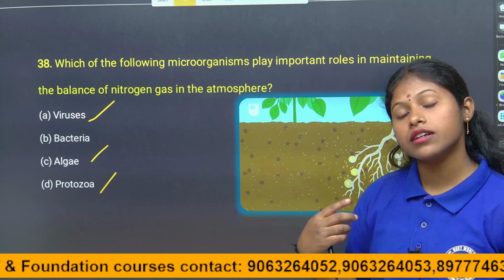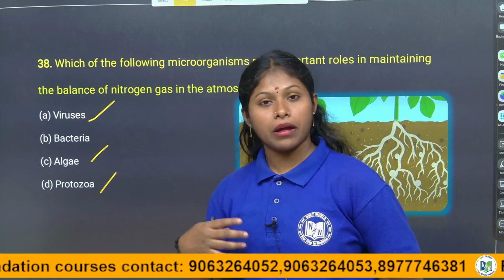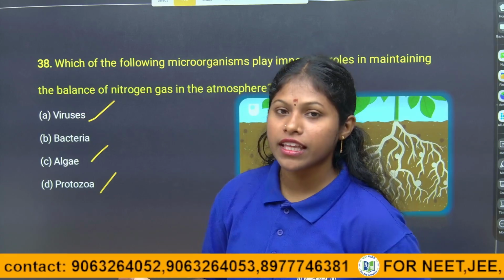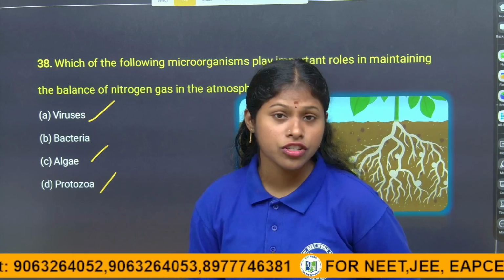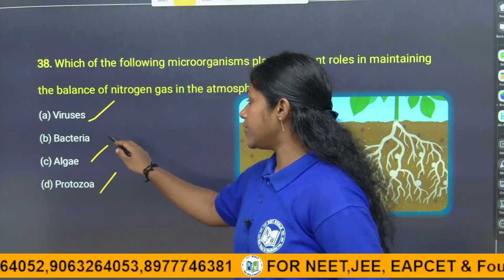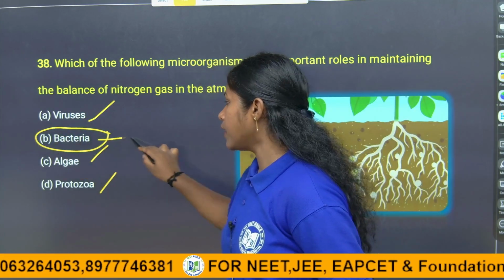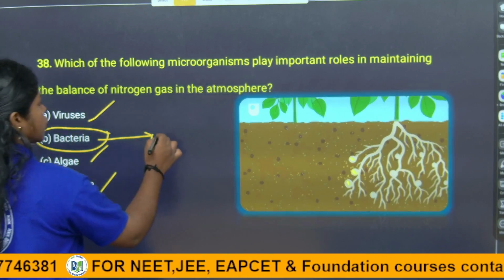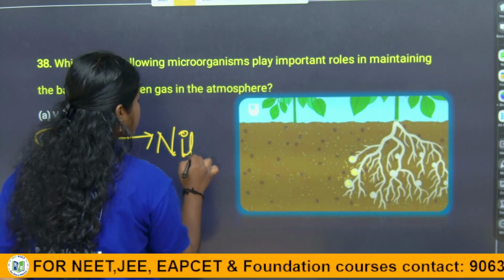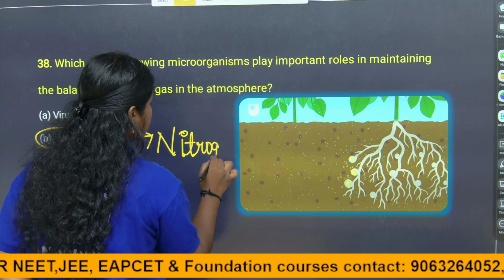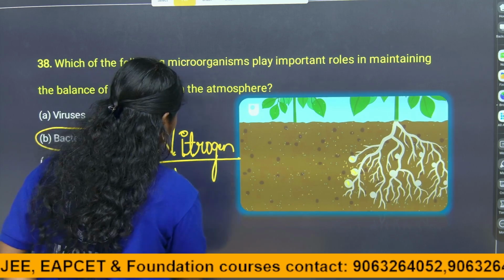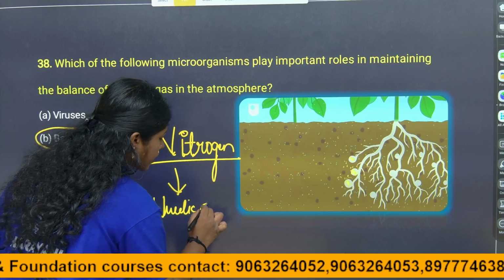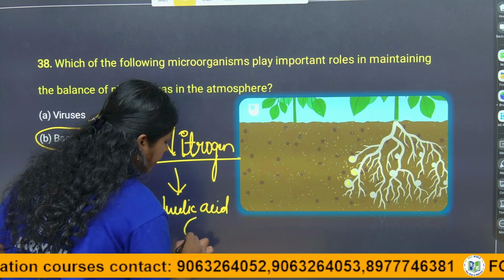The nitrogen is available to animals and humans through the plants only, by fixing through the symbiotic association between plants. It is happening by the bacteria, children. When we studied nitrogen fixation and the nitrogen cycle, why is the nitrogen required, children? To form the nucleic acids like DNA and RNA.